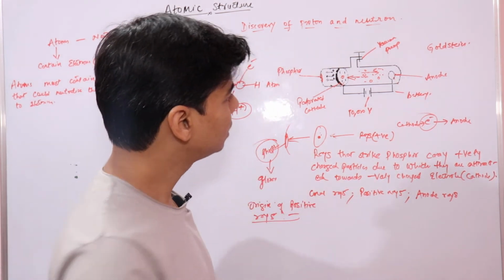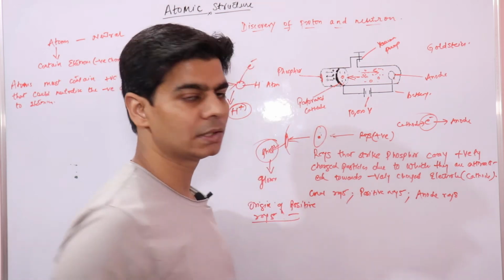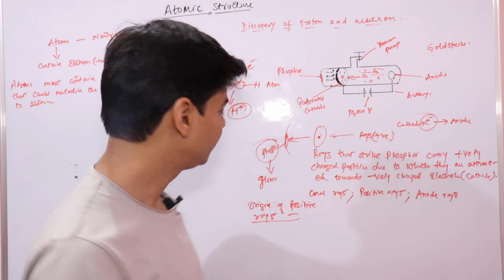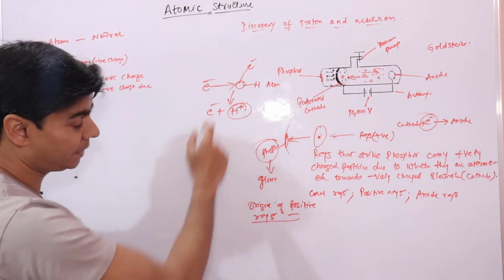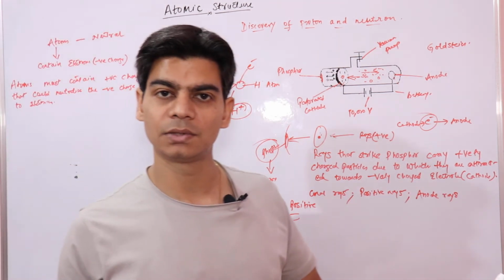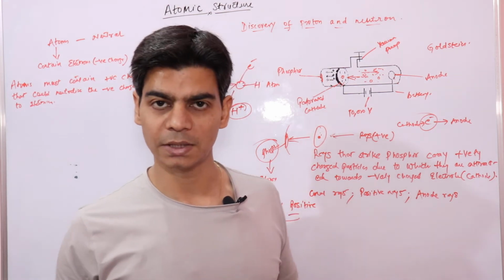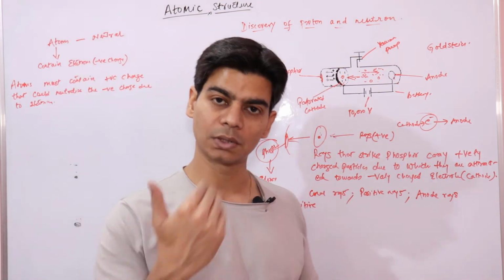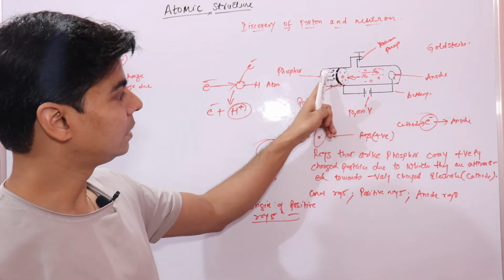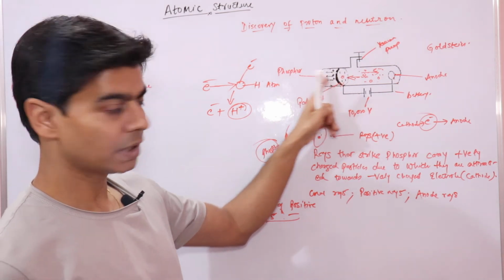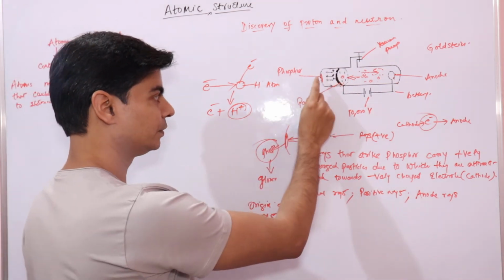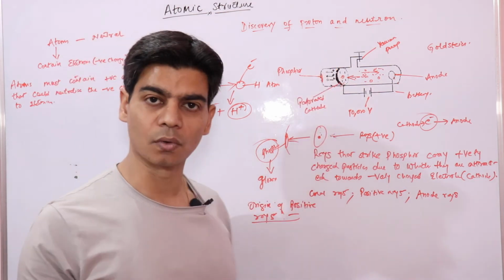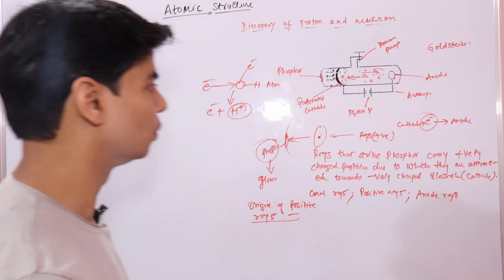And how are these produced? When high speed electrons knock out or remove electrons from the gaseous atom, the atom, after removal of electrons, will become short of electrons and will form positively charged particles, which will move towards the cathode, pass through the canals or holes, and hit the discharge tube behind the cathode, where we have coated phosphor, and cause the phosphor to glow.